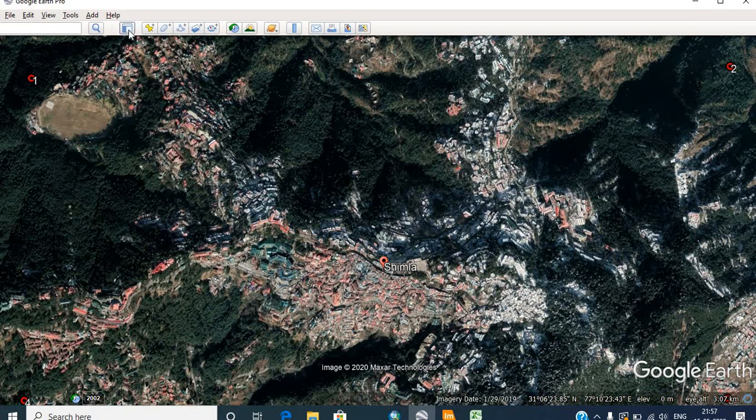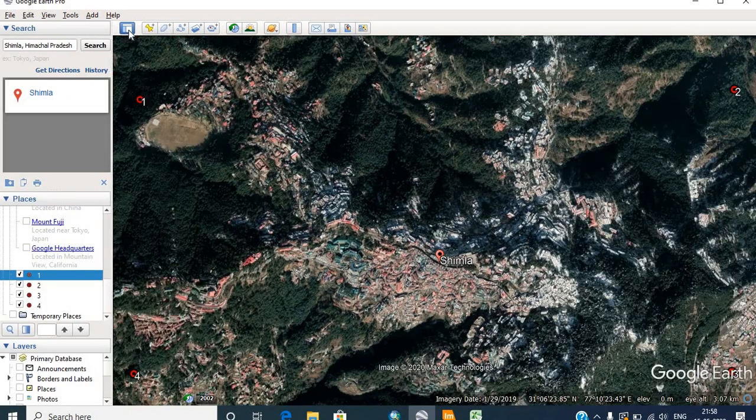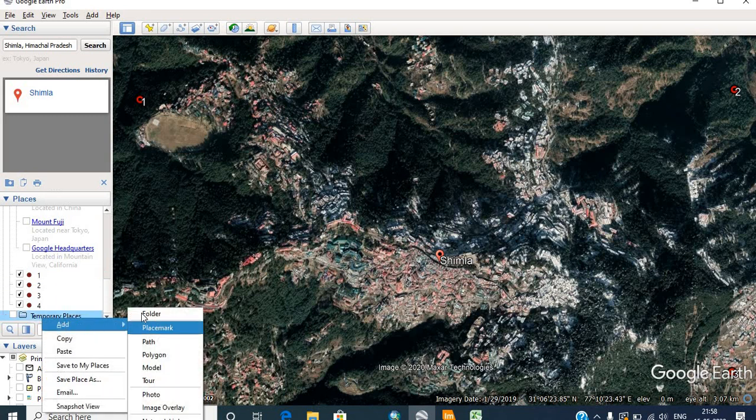Now the next step is that we have to create a folder and keep all these placemarks, or so-called GCPs, in that folder. So click on this show sidebar, and here you will see that all the 4 points have been added. So what you have to do is right click on this temporary places and add a folder.